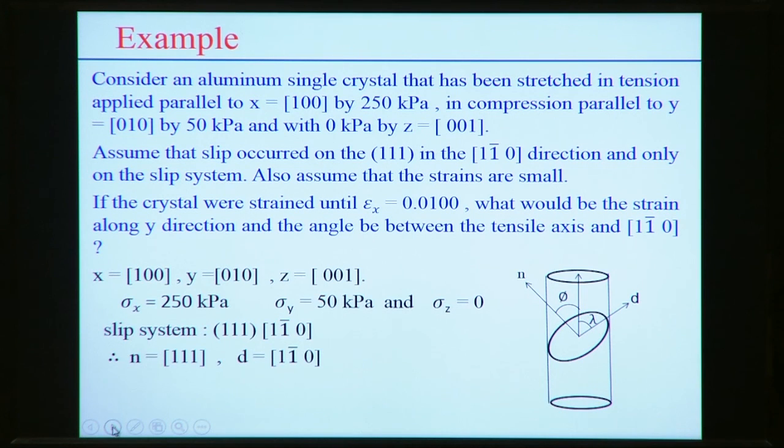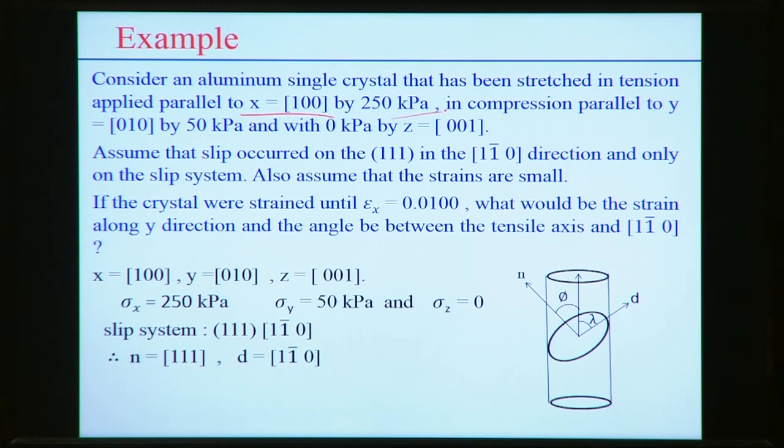Now we look into one example to clarify the application of this transformation from one axis to another axis in the problem itself. A similar kind of problem we have discussed, but this is a further extension of that. For example, consider an aluminium single crystal that has been stretched in tension applied parallel to the x-axis [100] by